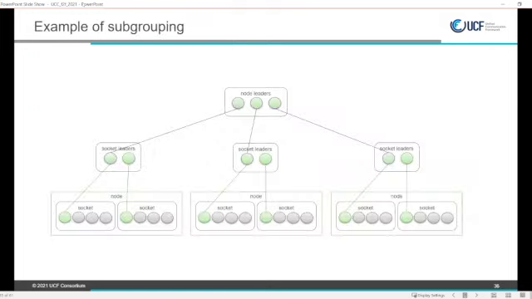So I mentioned subgrouping, saying that first we split the communicator or the group of processes into subgroups. So here's just an example of what subgrouping is like. Let's say you have several nodes and the job is being launched, and we launch 4 processes per socket. And each node has 2 sockets, so it's 24 processes.